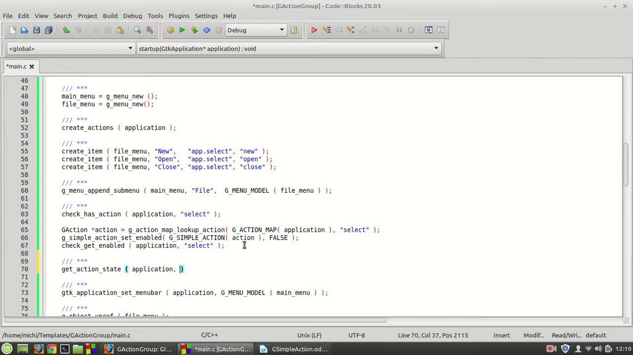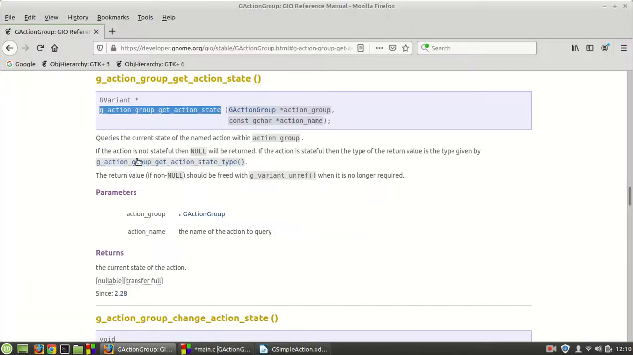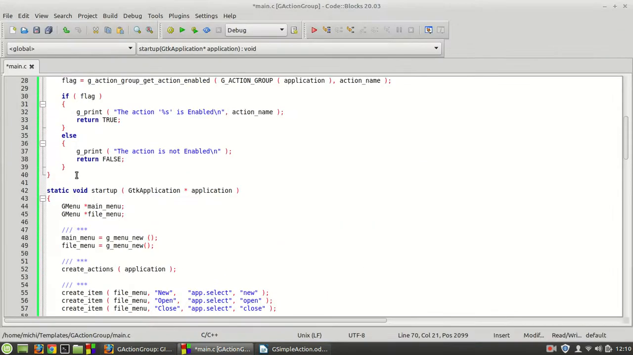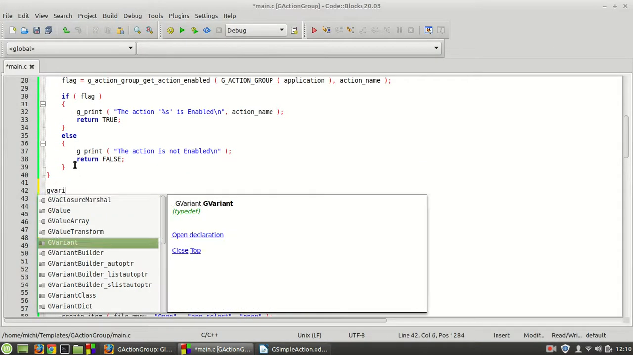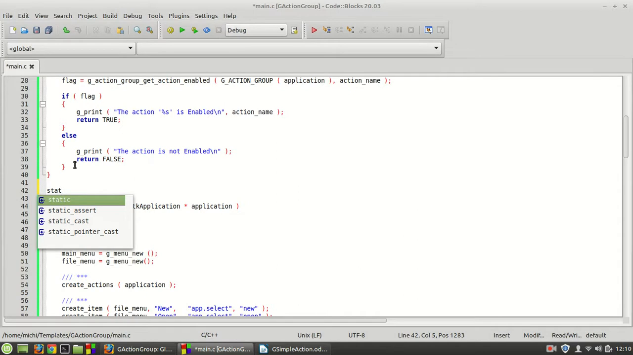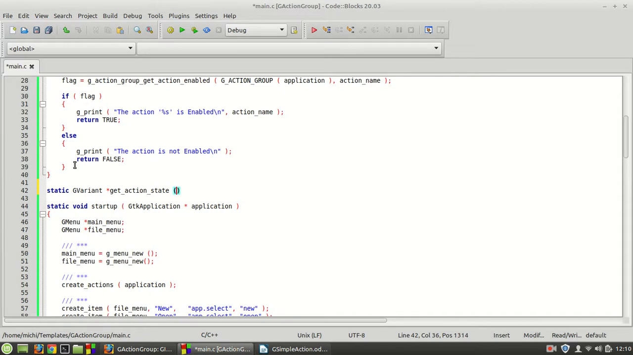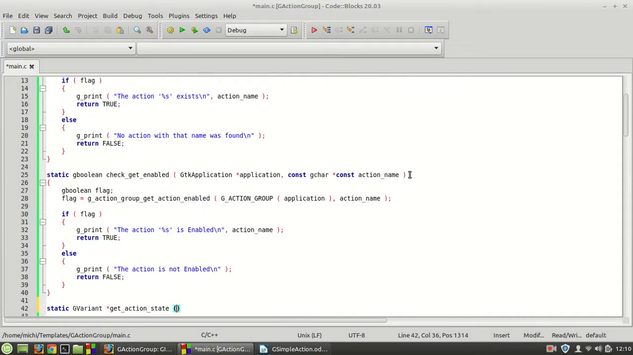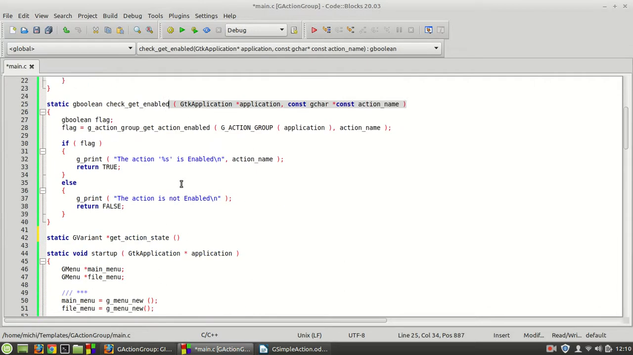Application and the action name, which is select in this case. Now let us create this function. Here it says it returns a GVariant, so we are going to create the same one. Static GVariant get_action_state, and here we need, I'm going to copy these two things right here,